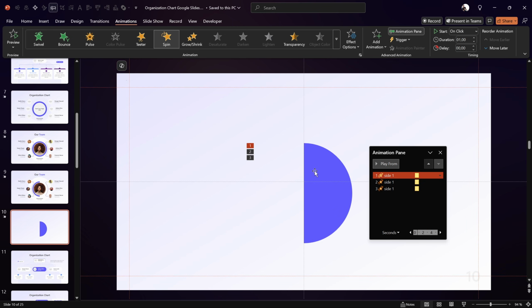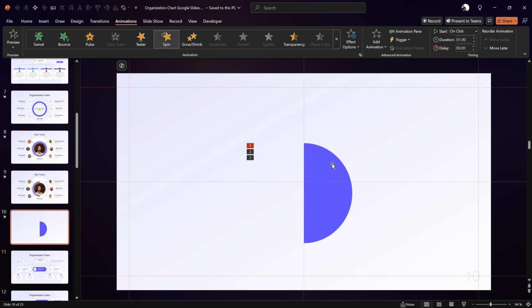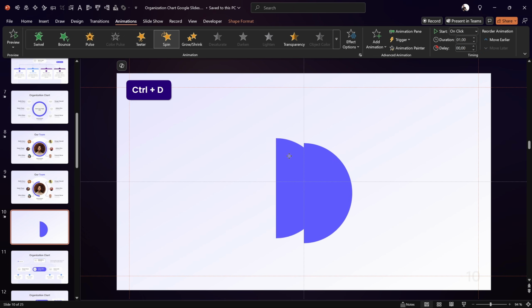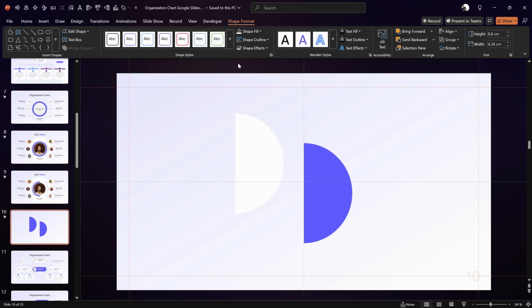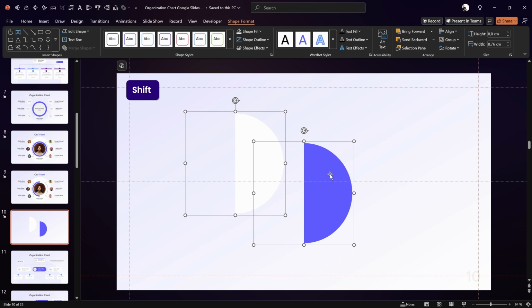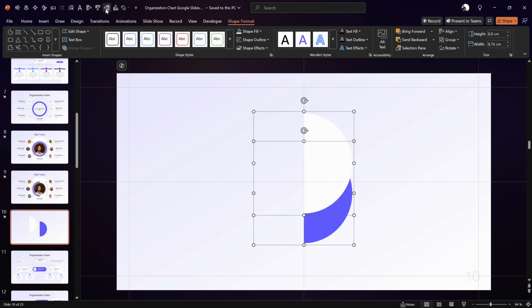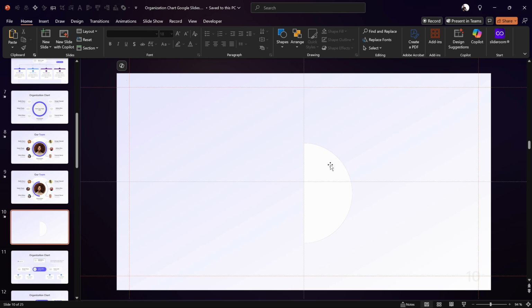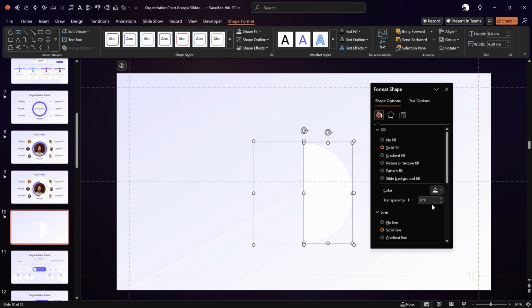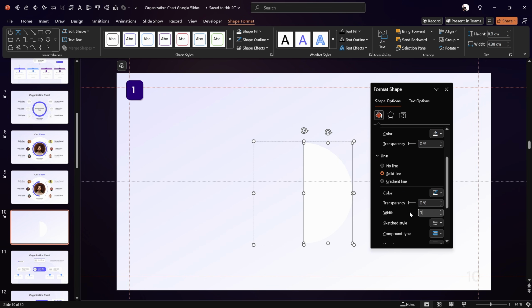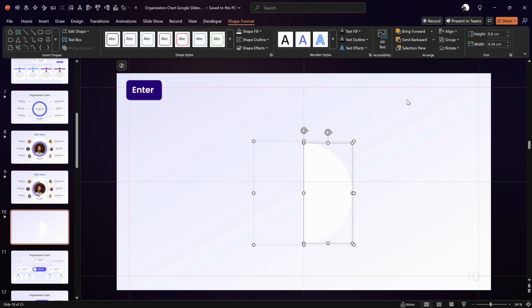That's awesome. However, this half circle should not be visible right away. It should only come out gradually with each new team member. And for that reason, we'll have to create a mask that will cover the purple shape. And to create the mask, we can just duplicate the purple group. And now let's fill the new half circle with white. And let's make sure we align both of the groups so that the white half circle is on top, just like that. And just to make sure that the white shape definitely covers the purple one, we can add a white line to the white shape, and I'm using a line width of 1 point,